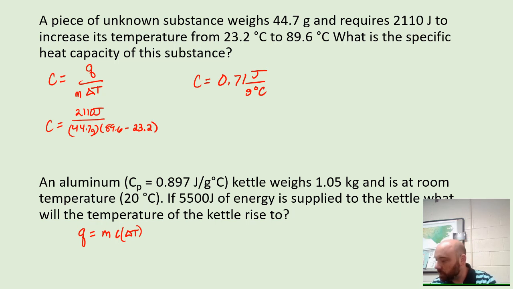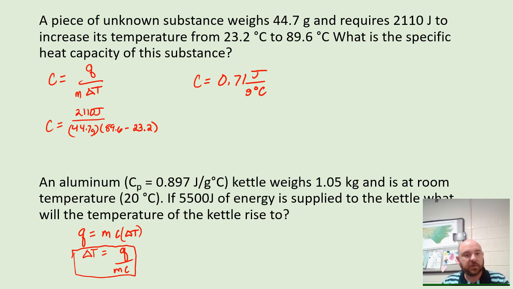So delta T should be equal to Q divided by M times C. If I divide both sides by MC, I'll cancel MC on the side with a delta T and move it over to the side with Q. So the change in temperature is equal to the total energy divided by the mass of the substance times its specific heat capacity. So if I put those values in, delta T is equal to